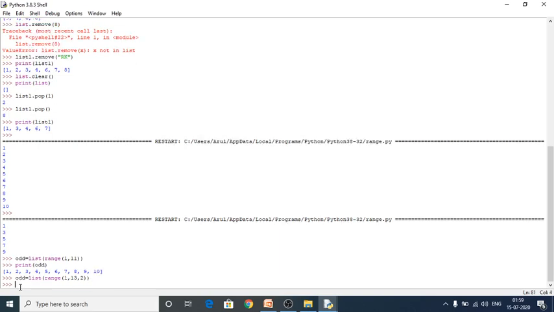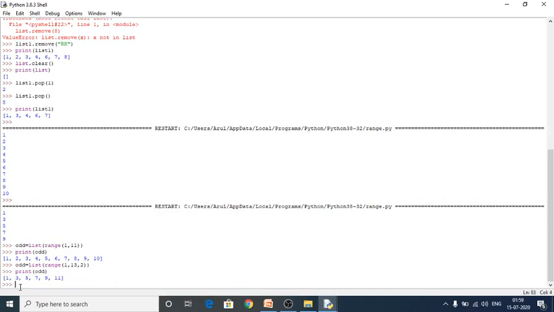So see here, next one, print odd. Yes, 1 comma 3 comma 5 comma 7 comma 9 comma 11. This is the use of list function while using range.